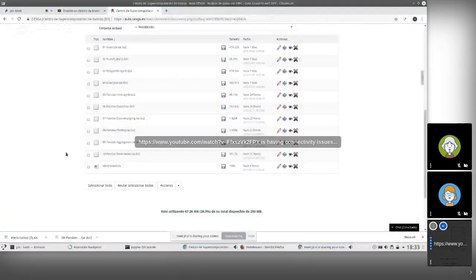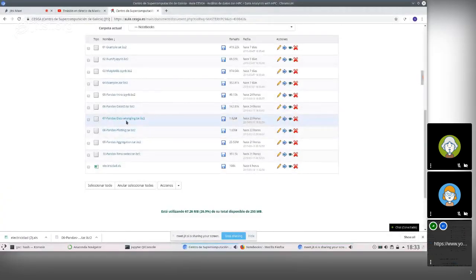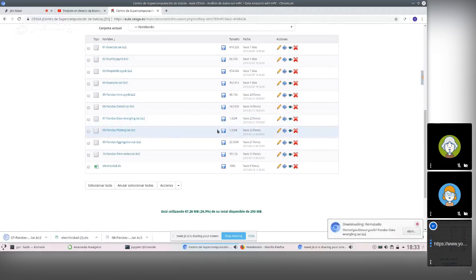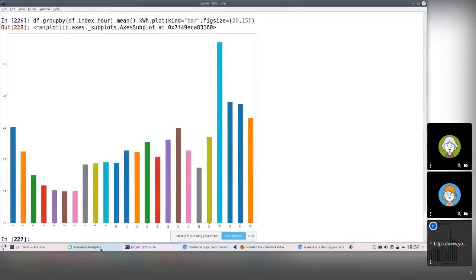Okay. So I'm going to share my entire screen. You have here in Aula Cesga two different notebooks. One's called data wrangling, and the other pandas plotting. So if you download those two, now I'm going to